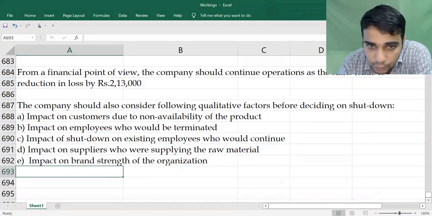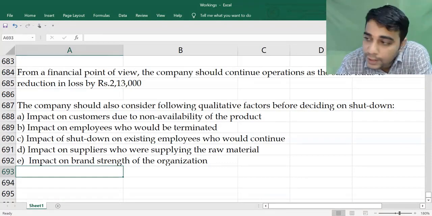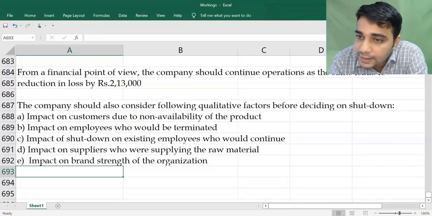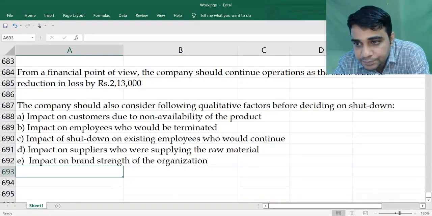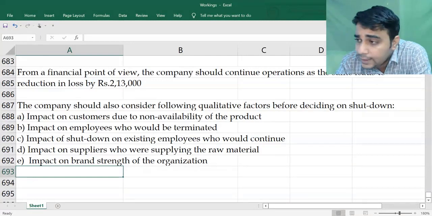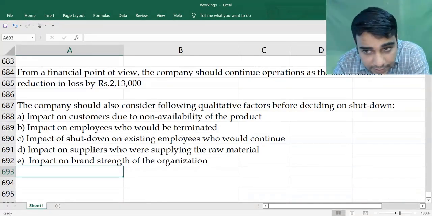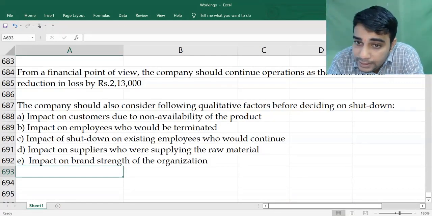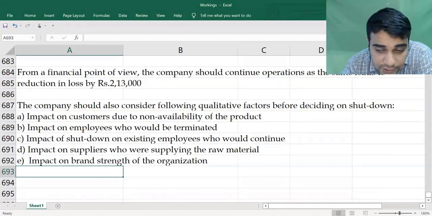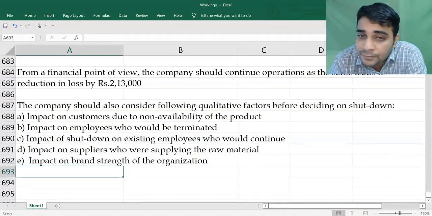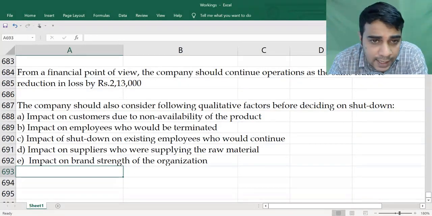Which product do I produce and sell, and which product do I compromise? That is basically the limiting factor analysis. Limiting factor analysis is nothing but there can be a limiting factor other than demand. It could be labor availability, raw material availability, machine availability, or money availability. Men, material, machine, money, any of them can be a limiting factor. So when you have any of them as a limiting factor, you are under a challenge now.